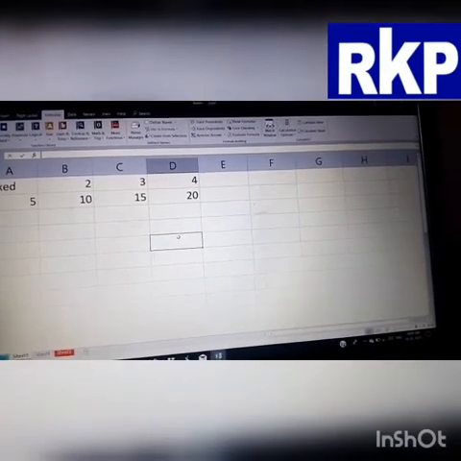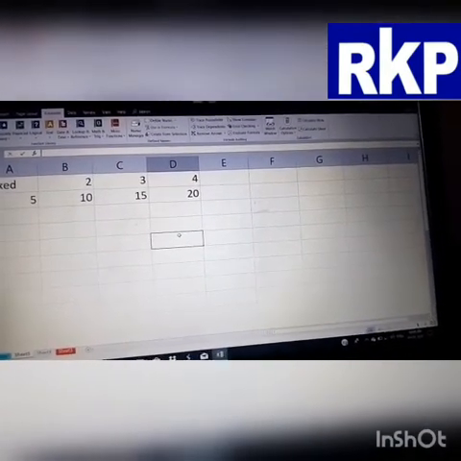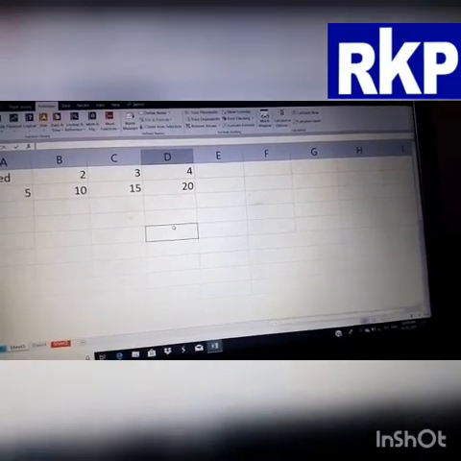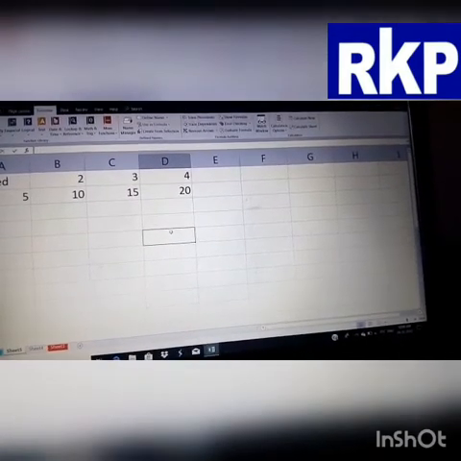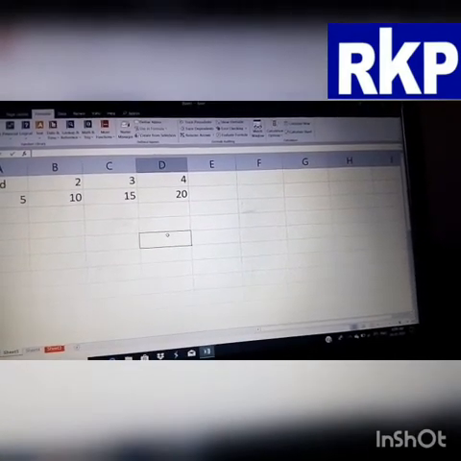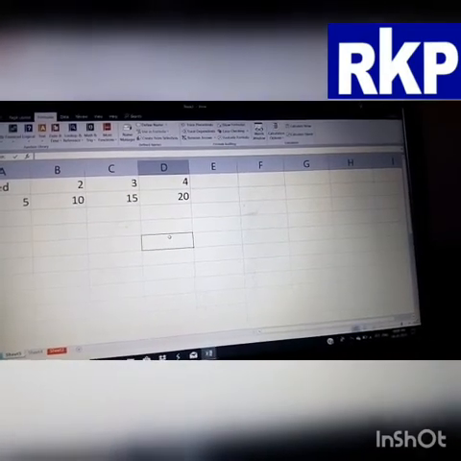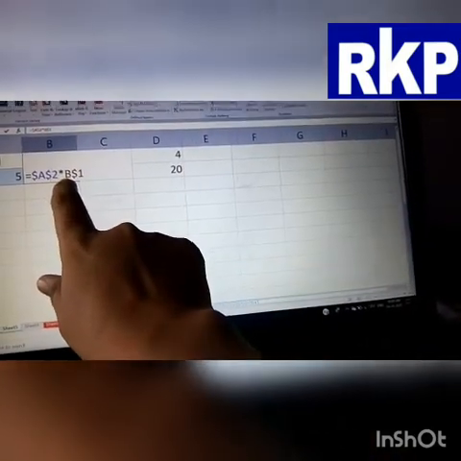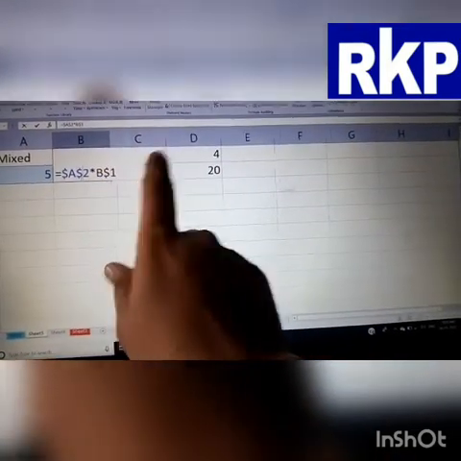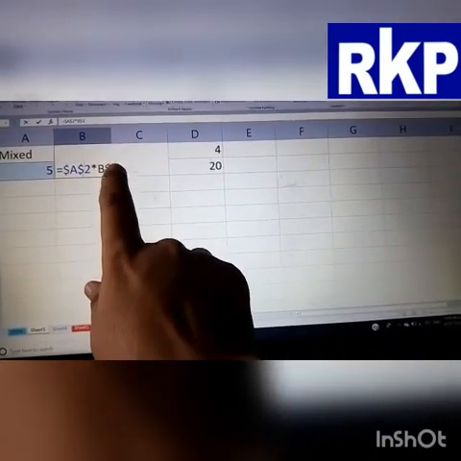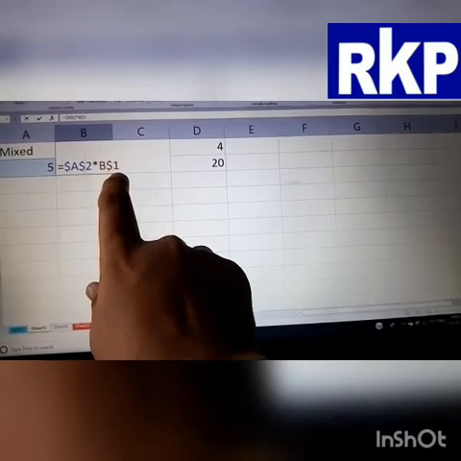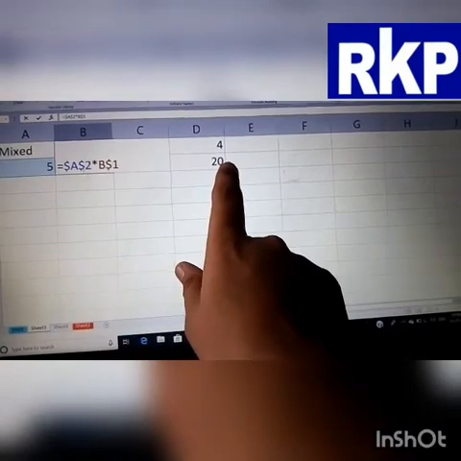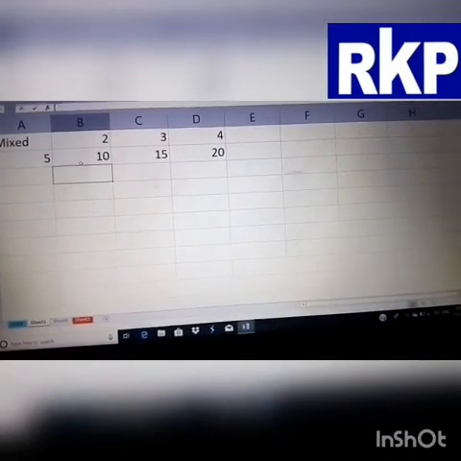It means either the row will change at the time of dragging the series, or the column will change. The part made absolute remains the same, and the relative part will change. Like we have done here, B is changeable, relative, so in place of B, C was coming, then D was coming, and we have fixed absolute 1. In the next cell 1 is fixed, and in the next cell 1 is fixed.